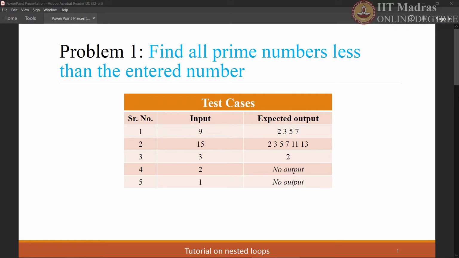Now we will see four different examples where these four different types of nesting are used. Problem statement 1. Find all prime numbers less than the entered number. Here, as per the test cases, we have to give one number as an input and the Python program should return all the numbers which are lesser than the entered number, and at the same time the numbers have to